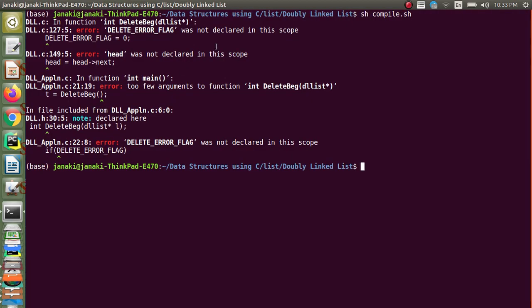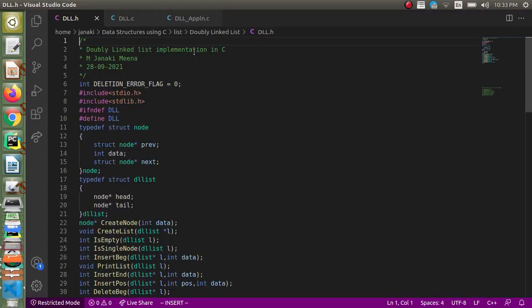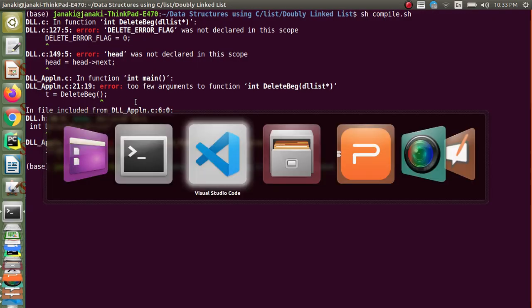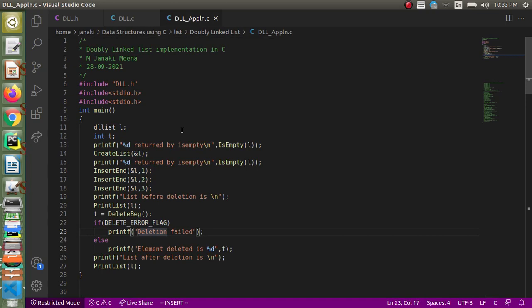Yes, I have compiled and I have got few errors. Here I have mentioned deletion error flag in the header file, so it should be delete error flag, and then I have got, yeah, here when I am calling in main, it's C programming, so I have to pass the list explicitly.